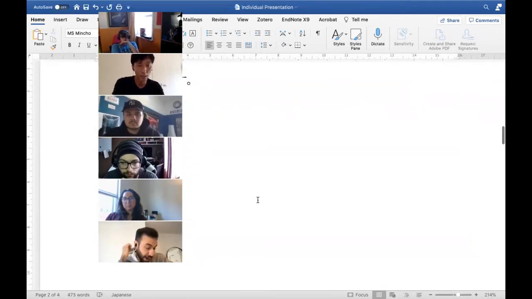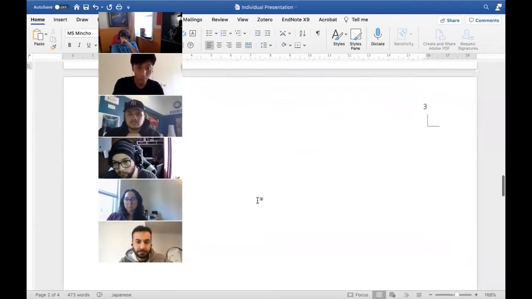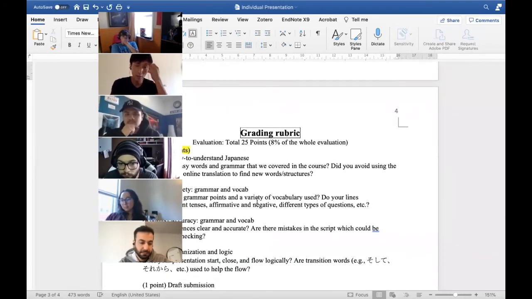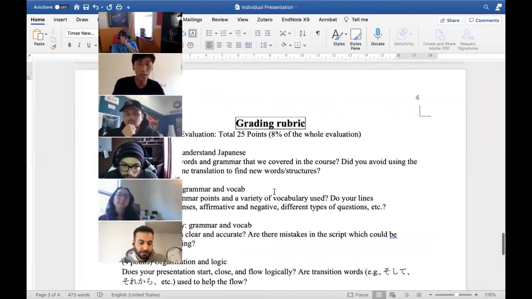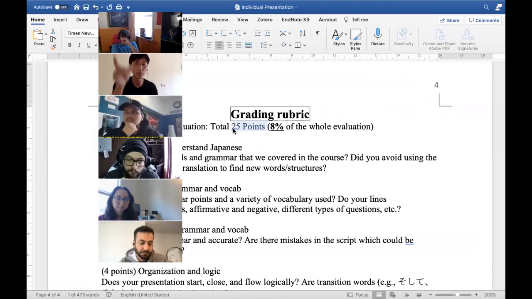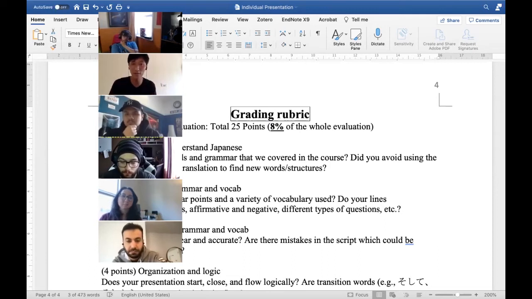Okay. And then here, grading point. Okay, I cannot see that. Oh, here we go. Okay, grading rubric. So it's gonna be 80% of the whole evaluation, as the syllabus said. But it could be divided into 25 points. So 17 points from your draft. It's big, right? Just the draft counts as 17 points because